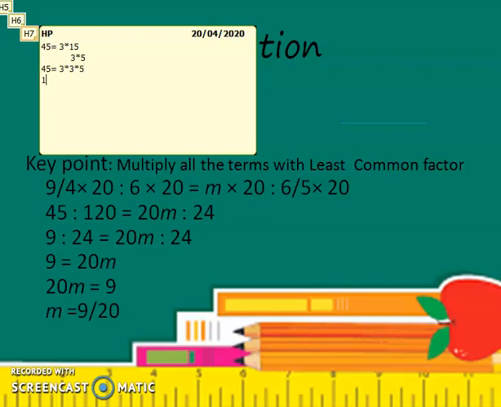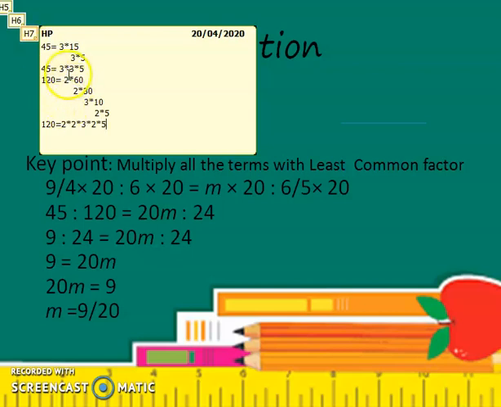Okay, the next number is 120. 120 can be written as 2 multiplied by 60. Okay, 60 is not a prime number. 2 multiplied by 30 gives me 60, 3 multiplied by 10 gives me 30, and 2 multiplied by 5 gives me 10. Okay, so here I can write the factors for 120 are 2, 2, 3, 2, and 5. Okay, am I right?